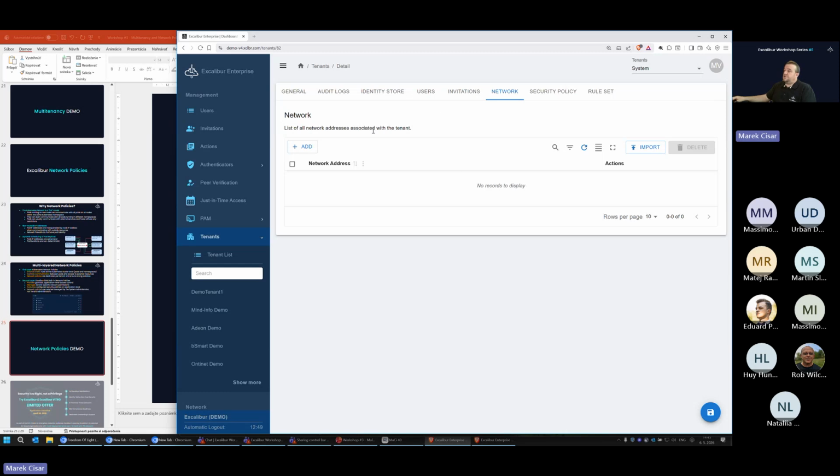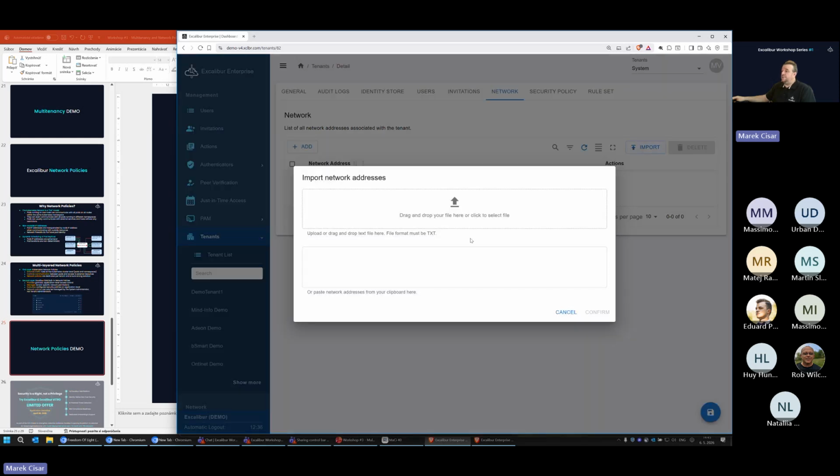Okay, I'm going to create a new network policy. I can click on the Add button, or I can import the configuration. Regarding import, you can use just a pure text file.